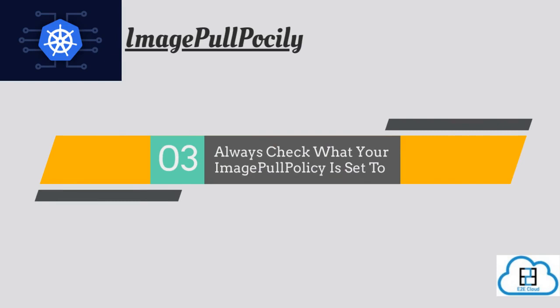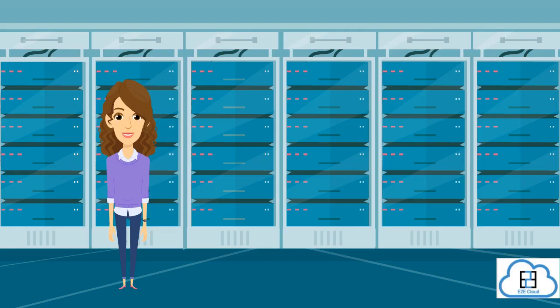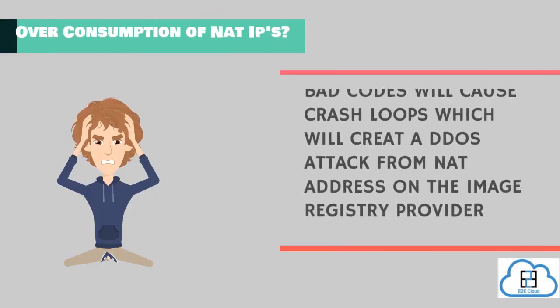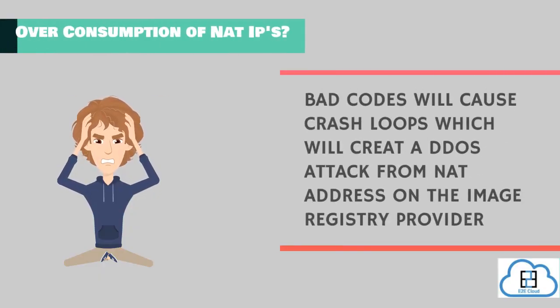Always check what your ImagePullPolicy is set to, as if by default it is set to always. Every time a pod is started, it will always fetch its image from the registry, even if it is already present locally. This will cause overconsumption of NAT IPs. Effectively, the bad code will cause a crash loop which will create a DDoS attack from a NAT address on